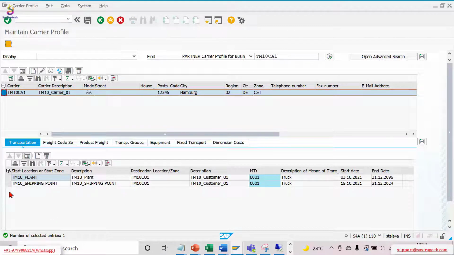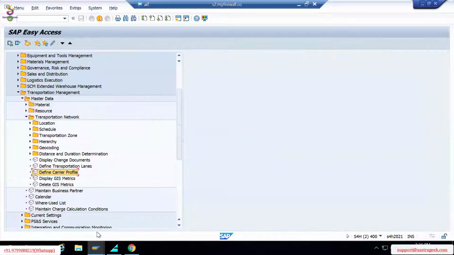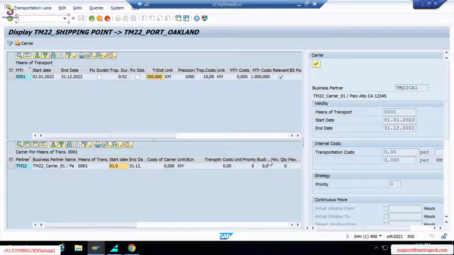Okay. What are you doing in the transportation lane? In the transportation lane, it is very specific to that lane. You are listing out all the carriers. Understood? You're getting this? For this particular